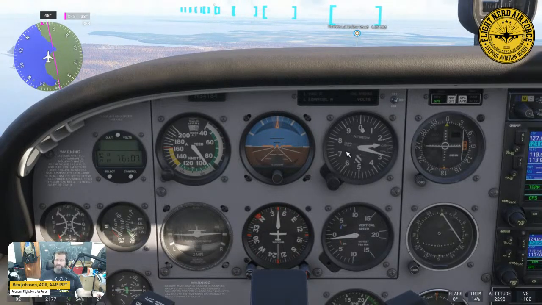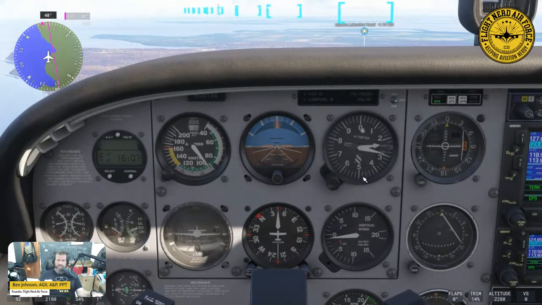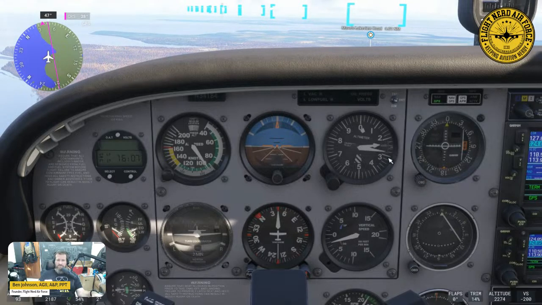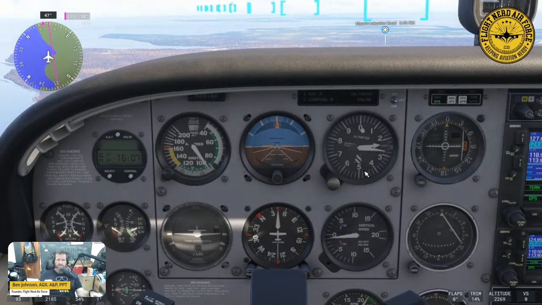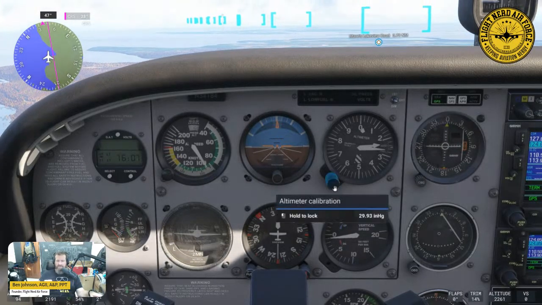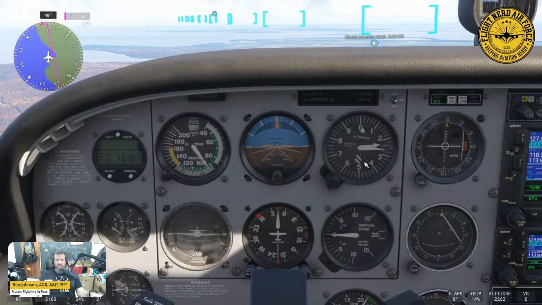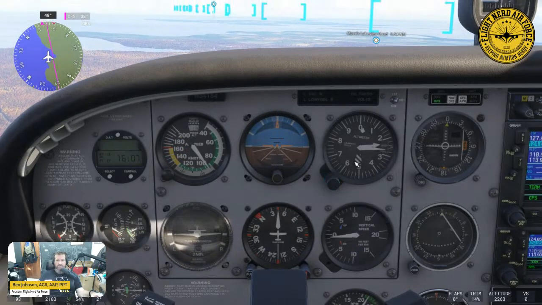The altimeter uses air pressure to measure how high we are above sea level. We have a little window here and a dial, and we would check with the local airport before we took off to ask what the barometer pressure is for the day. We would set that pressure in this dial right here. And then we would know, based on local conditions and what the weather is, what the pressure is at the